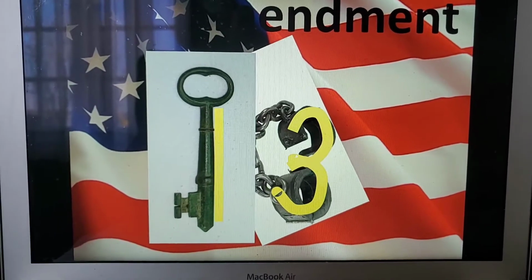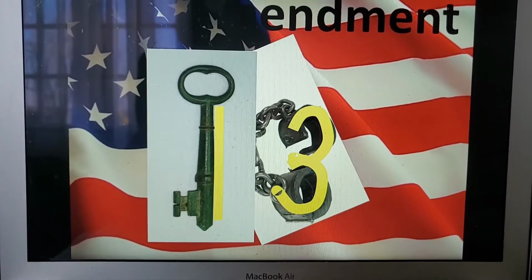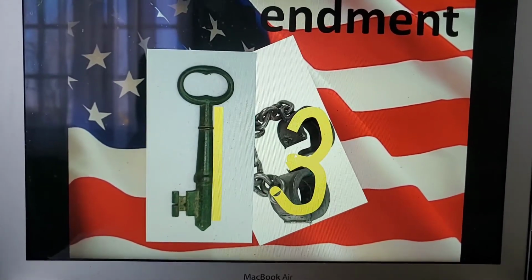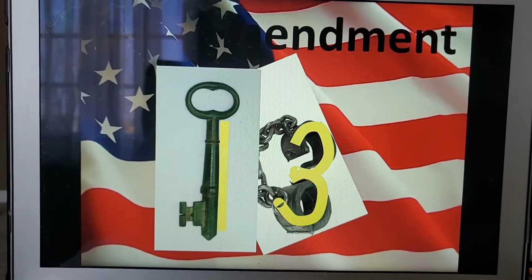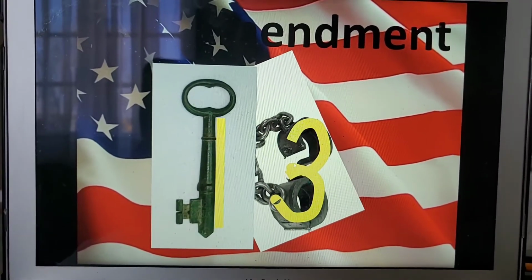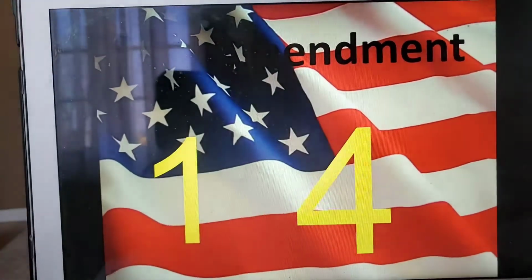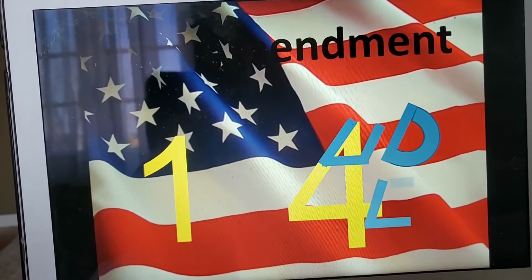So the court has ruled that juries and the draft do not fall under this as well. So you can still be drafted, you can still be forced to serve on a jury, but otherwise all involuntary servitude is prohibited under the 13th. Now, the 14th Amendment,